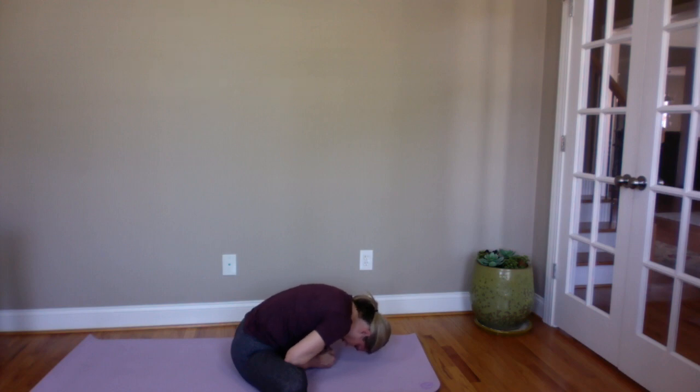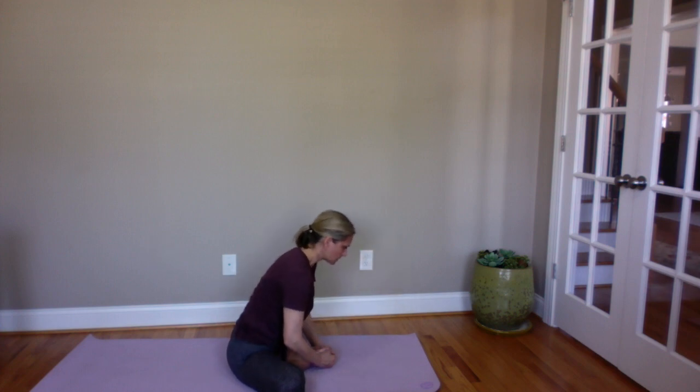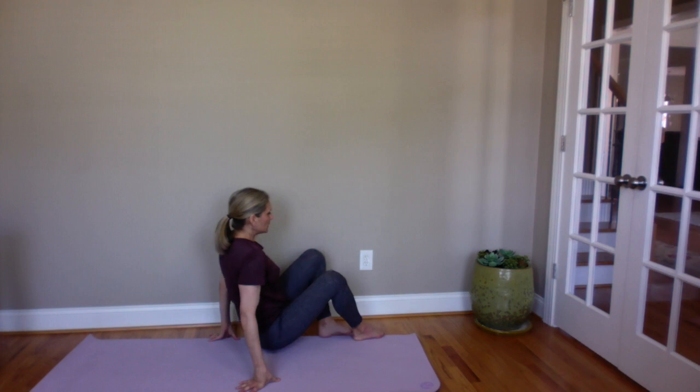Using some tummy strength here. Now let's come back up slowly. Good. So we're going to bring the knees together. And the wall that we started on is where we're going to finish today in a pose called legs up the wall. So what you're going to do to get into this pose is come to your wall space and